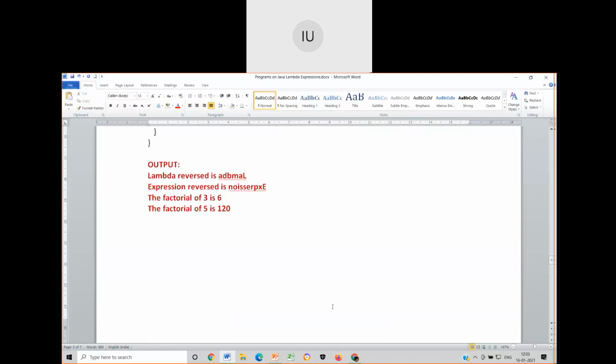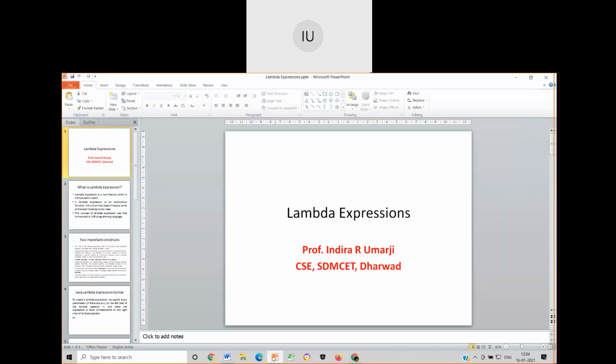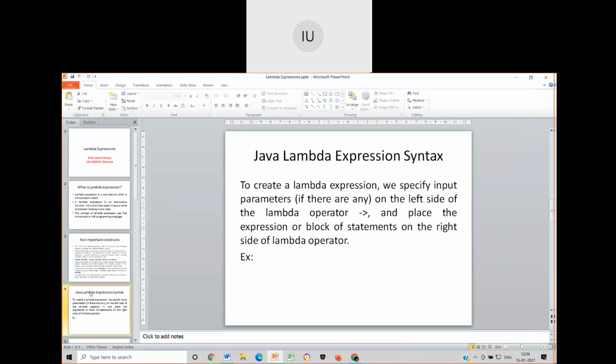This is about lambda expressions. We have one more special feature of Java that is called streams. I think I have spoken about streams many times before also, but I'll be showing you one such example which talks about how important it is to manage the data in the stream format. We call it data stream, we call it character stream. Why is that so important? You just have to imagine a stream like this.